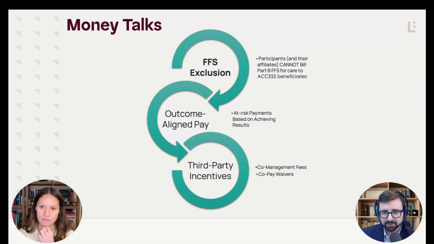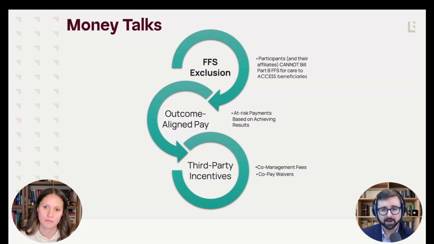So if you are a health system and you have greater than 5% ownership in an RPM or an RTM company, and that entity is looking to participate in access, you either have to make the decision that you're not going to participate in access or really have some strict guardrails around when fee-for-service is billed for that participant,